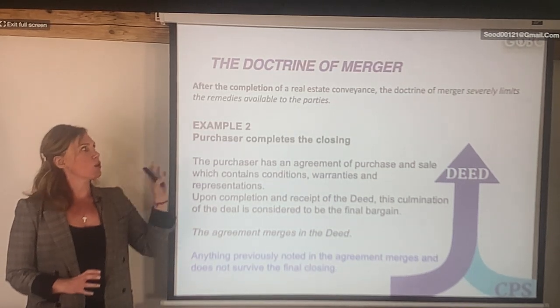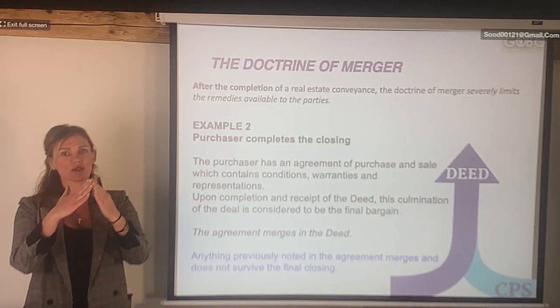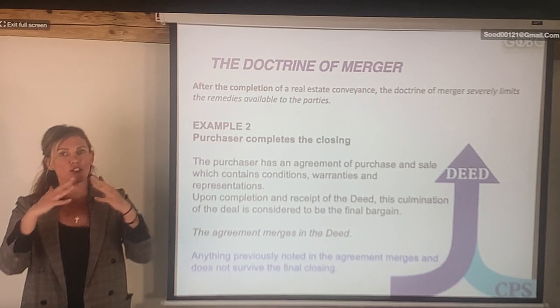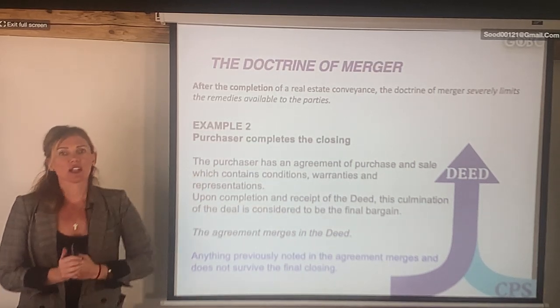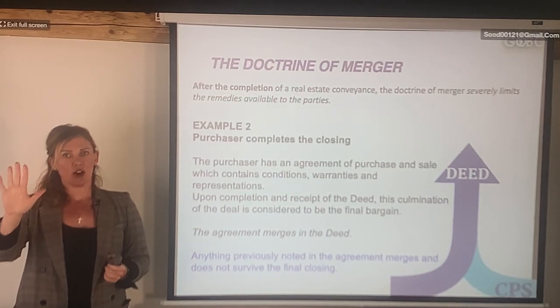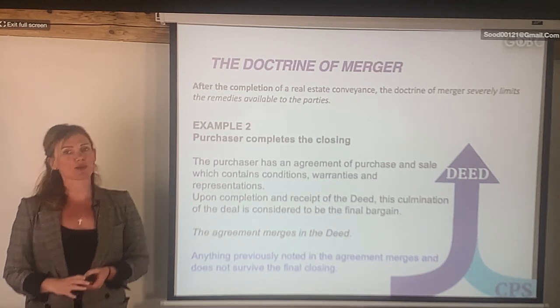So this is an older type of system. This was created by the common law, saying that after the doctrine of merger happens, when the buyer's name shows up on the title, then you're not supposed to come after anything else that you put as a condition or warranties on your previous contract, and you just have to rely on your deed, on your transfer form, and that's basically it, and you're not supposed to come after the seller. So that is an old system. So how do we protect our buyers from this?